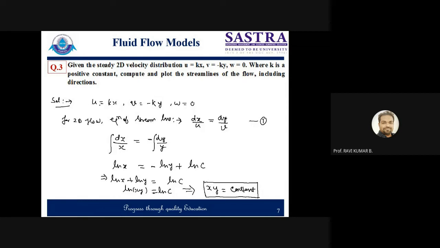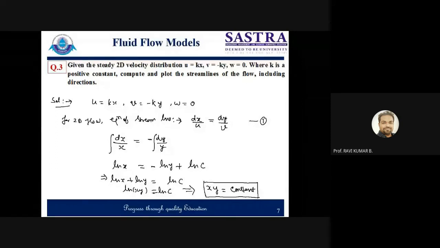When u becomes negative, that means it is flowing in the negative x direction. And when y is becoming positive, v is becoming positive. In that case, we can say it is flowing parallel to the positive y direction. So like that, directions can be identified, and w is zero. So this is the equation of hyperbola. Directly we can say this is the equation of hyperbola that we got. So for any value of x and y in four quadrants, it will be showing the family of hyperbola.